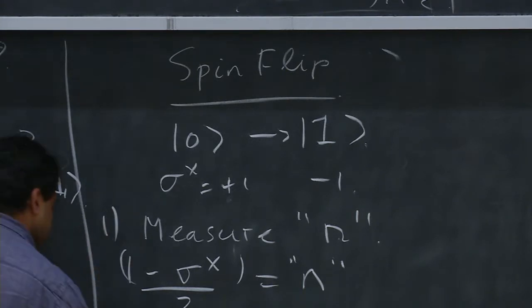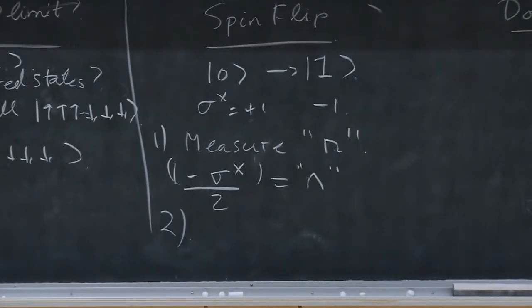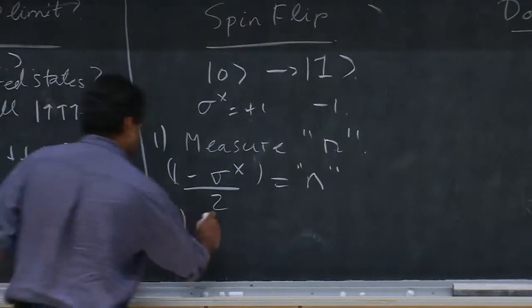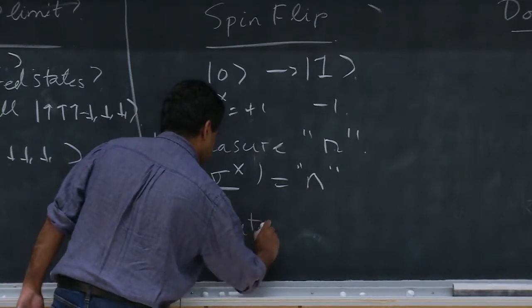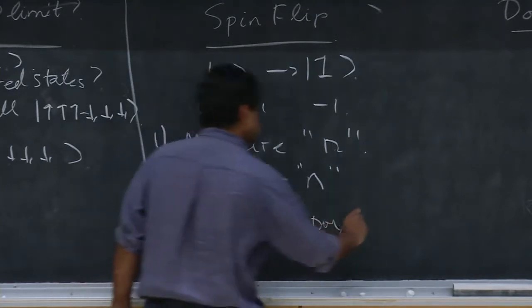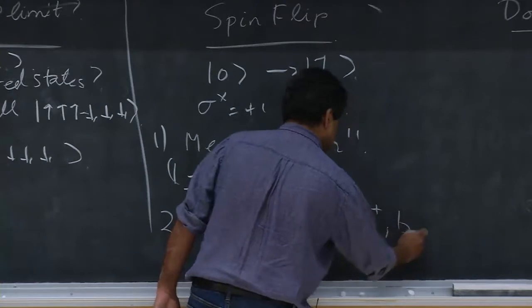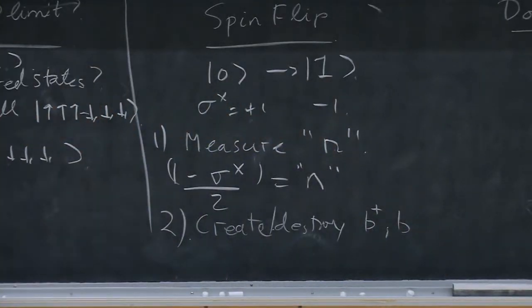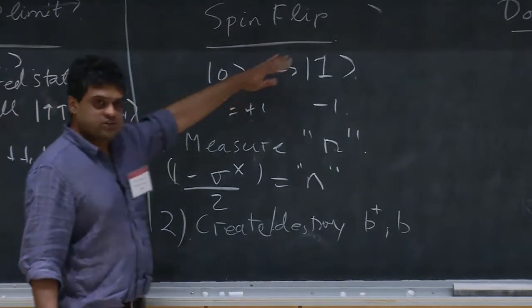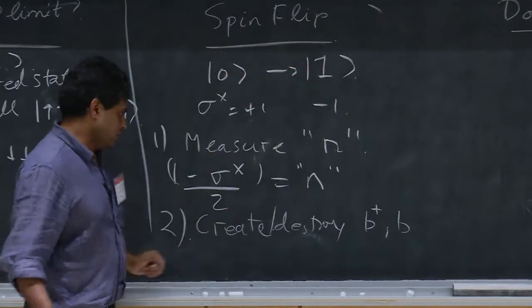There's another set of operators, which actually creates or destroys these excitations. Creation and destruction operators. These are sort of like your B dagger and B operators. If you had a boson system... the thing that's special about our problem here is that we have a Z2 symmetry. There's no distinction between creation and destruction. You create something or you destroy. You can create things in pairs basically without any penalty.